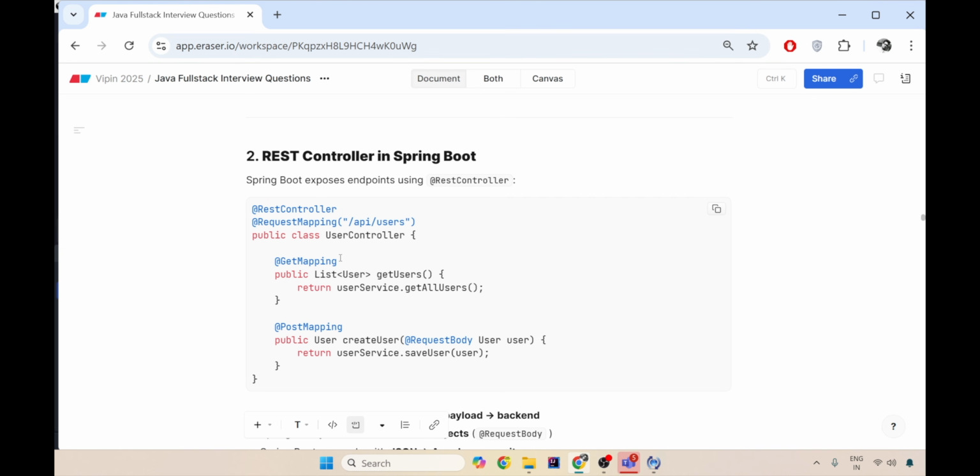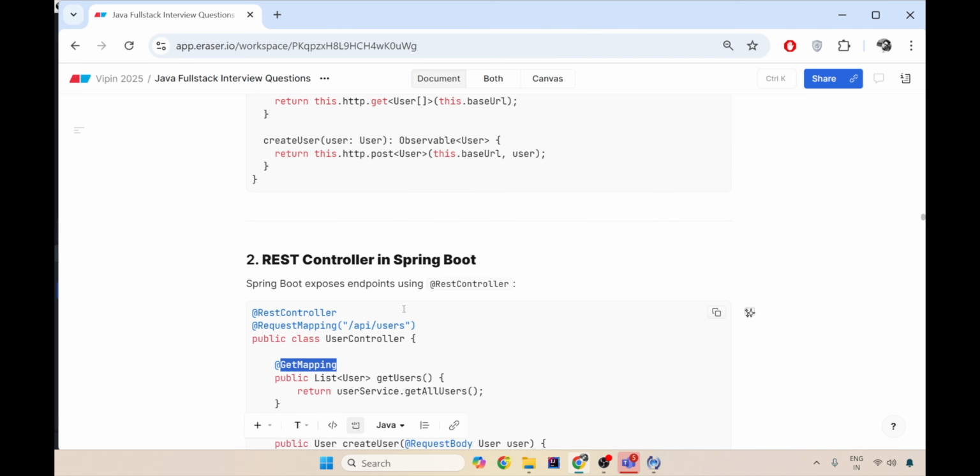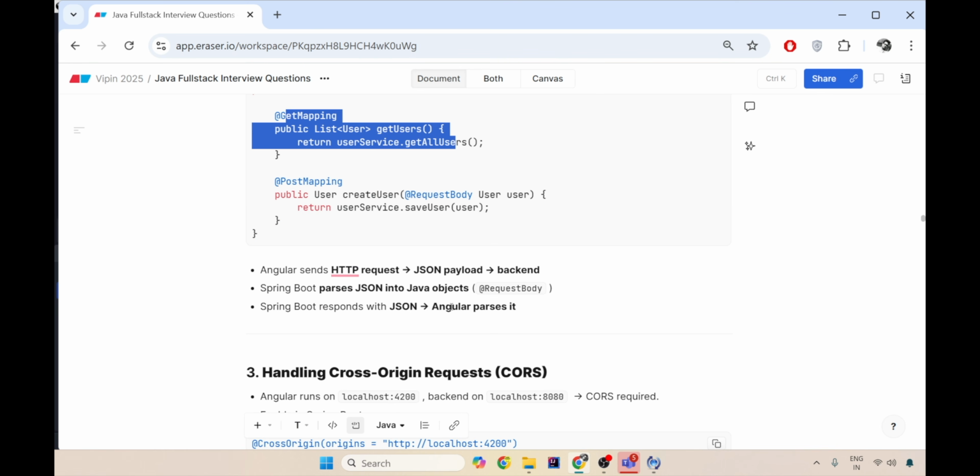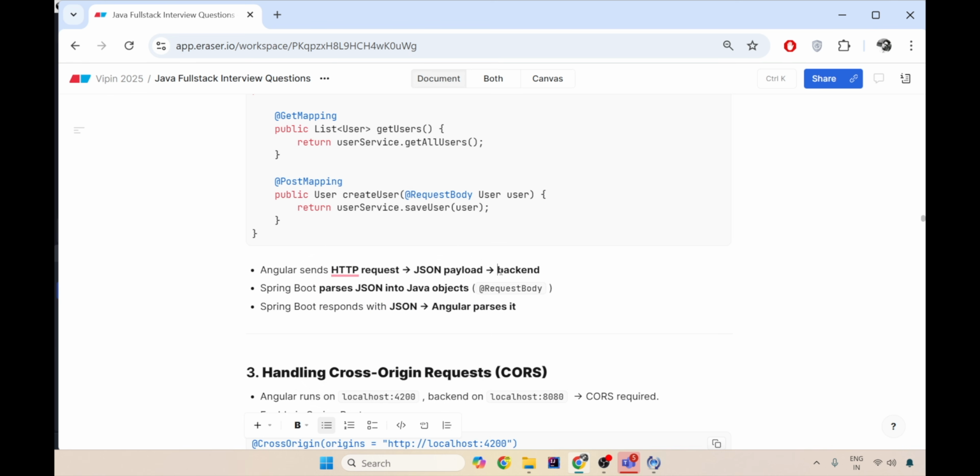You have a REST controller to handle your front-end request. So the get endpoint that you have created here should be available as a get endpoint in your backend. So Angular sends the HTTP request in JSON and it hits your backend. Now Spring Boot as a backend parses your JSON into a Java object and responds with a proper JSON again. By having observable as a return type in Angular, it has to subscribe to it, and as soon as Spring Boot sends the response, Angular pulls it using the subscription, then parses that JSON, creates a proper response DTO and sends it back.